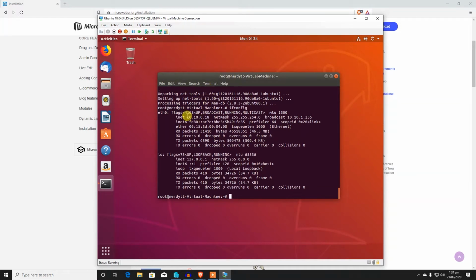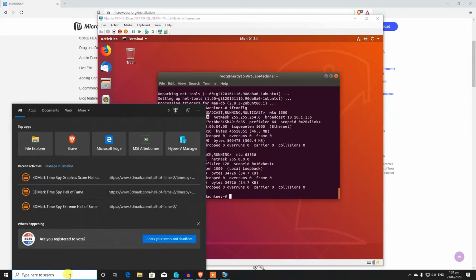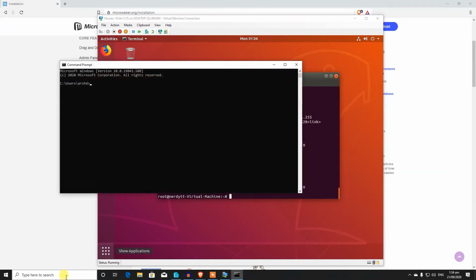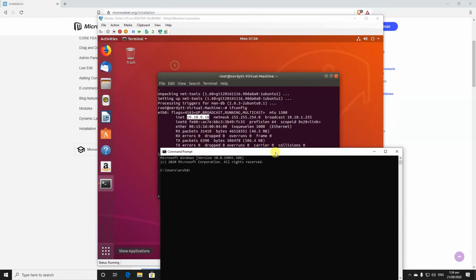So the IP address over here is 10.10.0.18. We are going to open an SSH connection to this virtual machine. To do that, go to command prompt, type SSH, type the username that you have on your virtual machine,